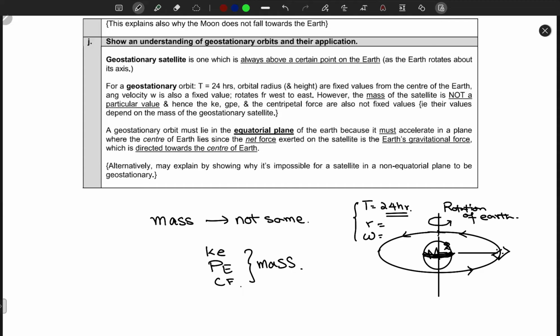Sir, how is R going to be the same? Because it's going to orbit the Earth at that sweet spot where you're allowed to orbit the Earth. If R increases from that, then the satellite goes out of the orbit and flies away in that direction. If R decreases, then it moves closer towards the Earth and moves away from that sweet spot in which it was orbiting, and it would really